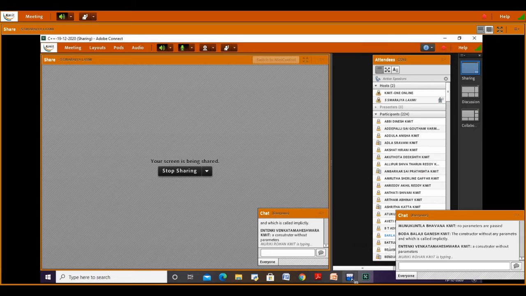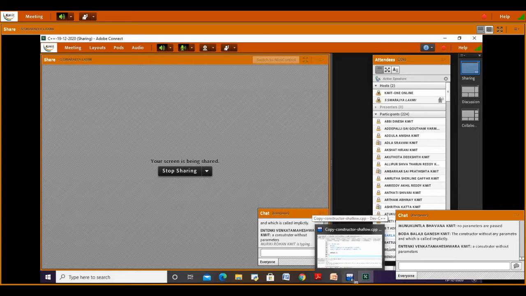A parameterized constructor means it will have parameters.